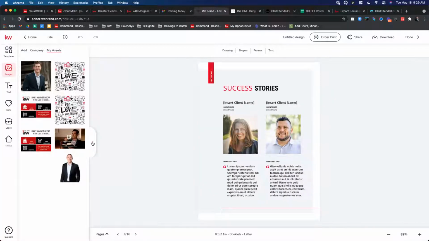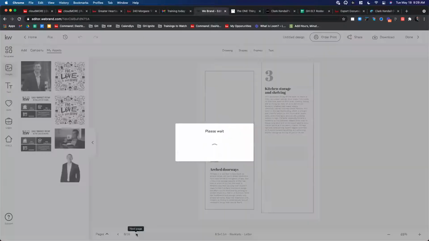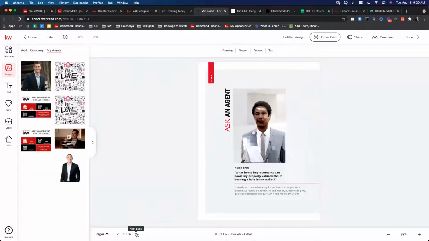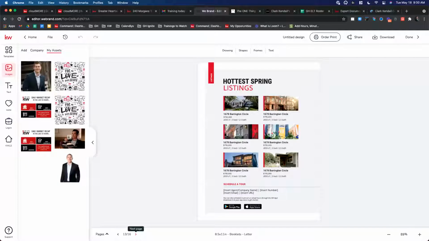So just know that the change for other pieces is very, very similar, right? Just going in here and making these changes. You'll have to get obviously client testimonials on this page. This one, I don't know if there's anything to change on this. I don't believe there's anything necessary to change on this article. The Ask an Agent, of course, you would want to change. I do want to get to the featured listings page because I want to show you something cool there.